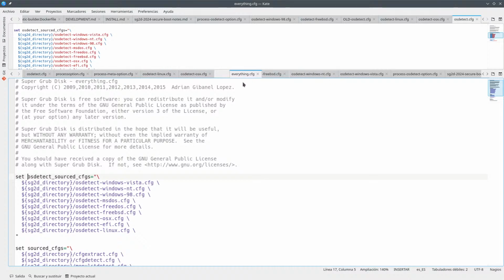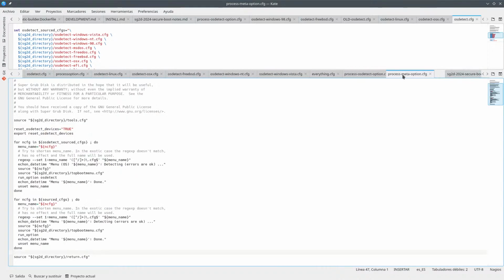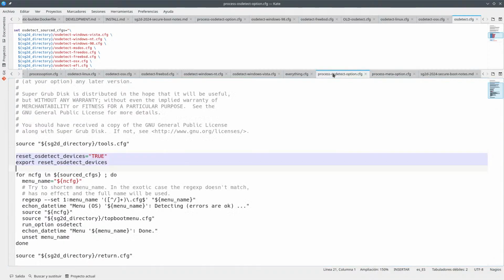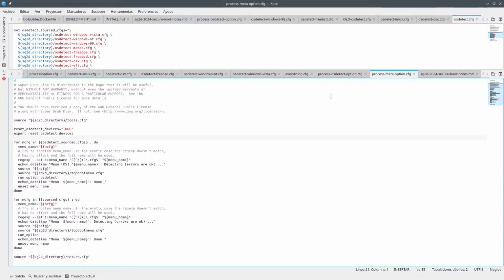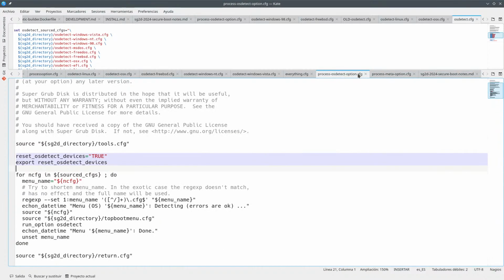If you are on everything, okay, you are going to do the same thing on this process meta option. So process meta option and process OS detect option are going to have here this stuff regarding let's put this printed partition to empty. My question is, how do you set this to empty once you loop everything? So probably here,